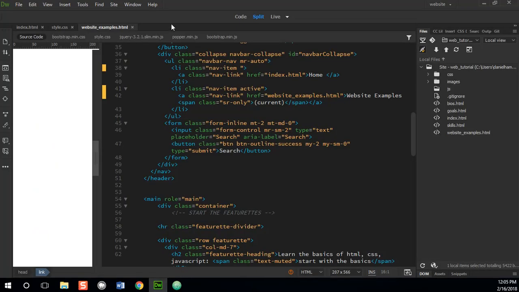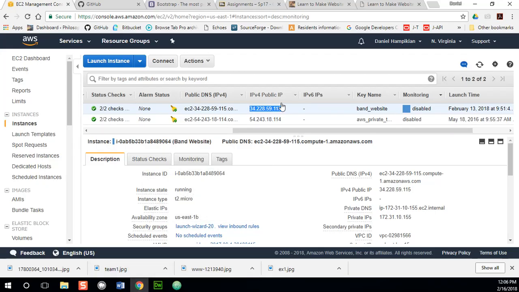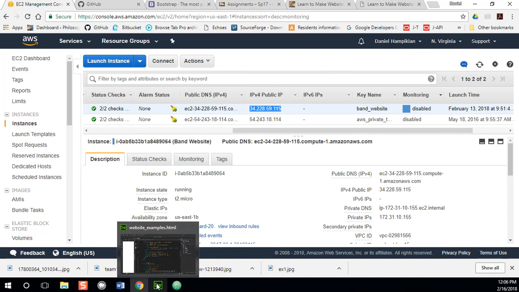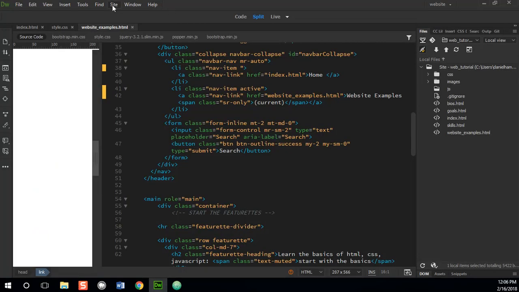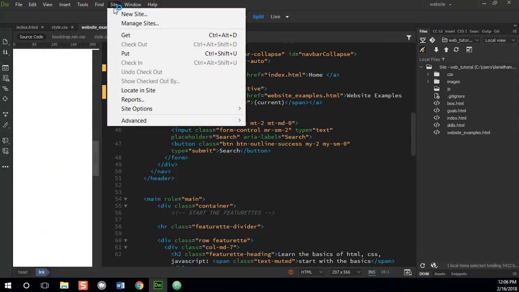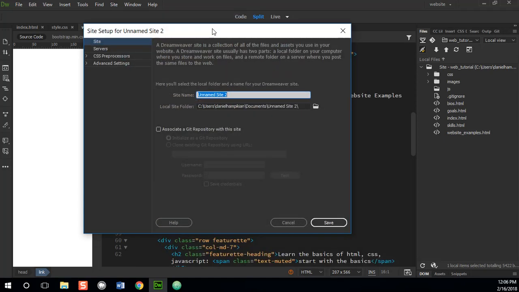So in Dreamweaver now we need to hook up Dreamweaver to that remote server. I've copied the public IP, because we're going to need that in just a second when we set up our site. To set up a remote site, we go to Site, New Site, give it a name,